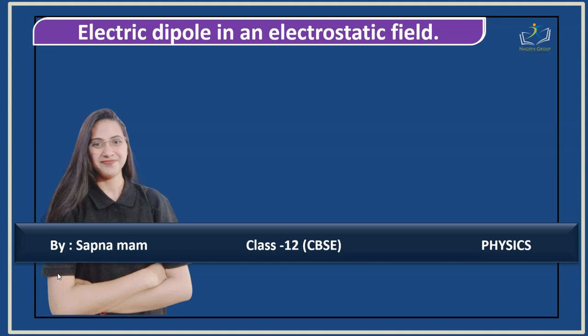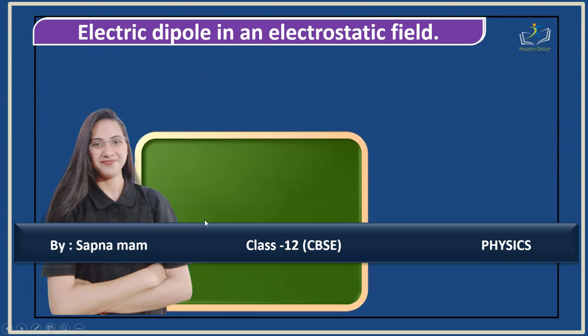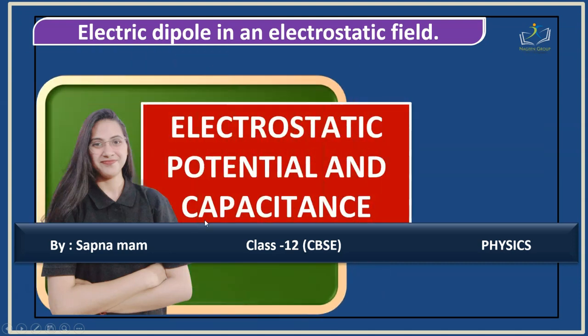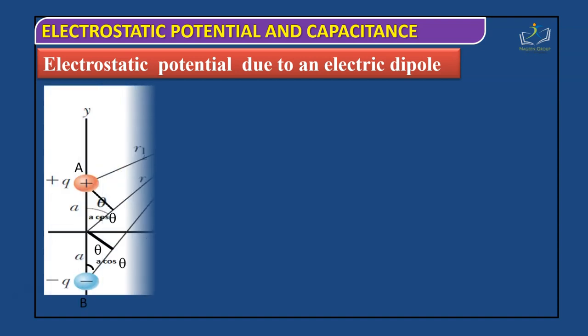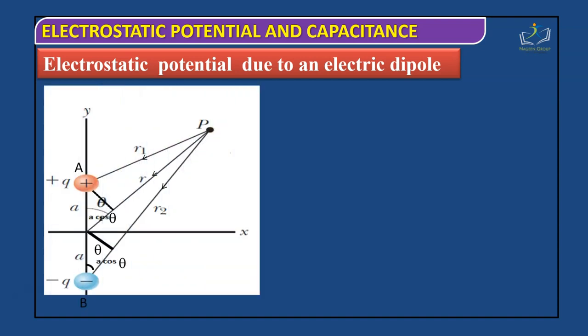Welcome everyone. So our new topic is electric dipole in electrostatics, of the chapter electrostatic potential and capacitance. So let us see the first topic, which is the electrostatic potential due to an electric dipole. Students, we know if we are just taking two charges and they are separated by a distance like 2a,